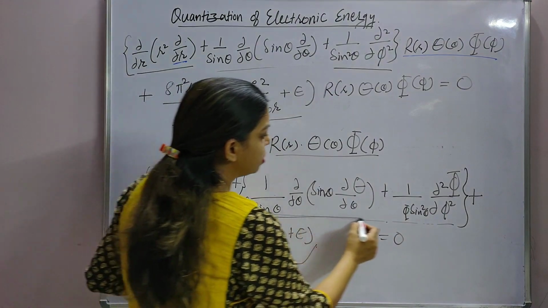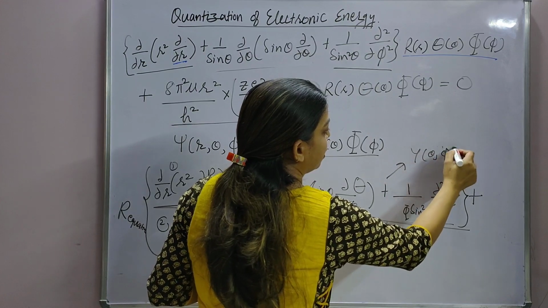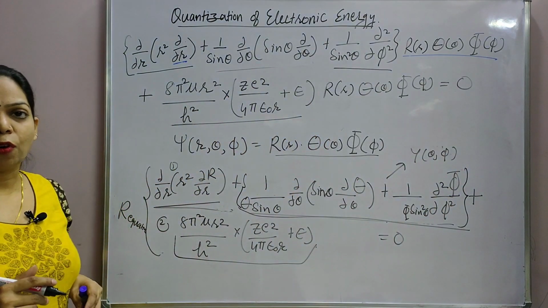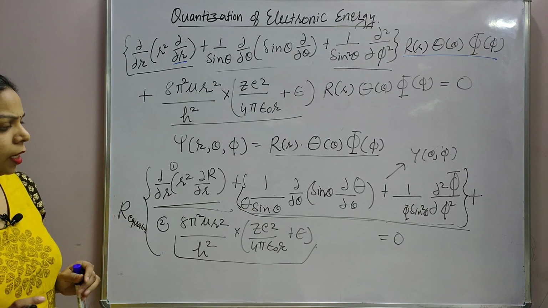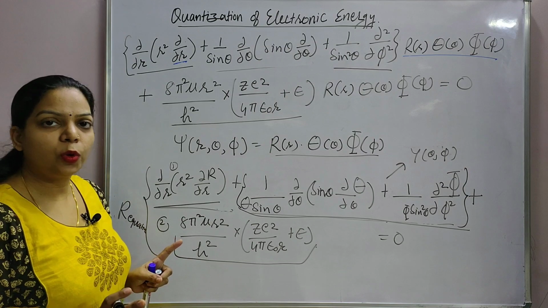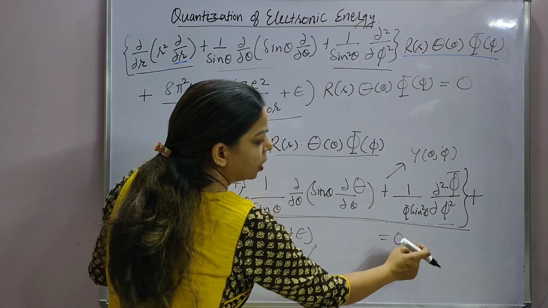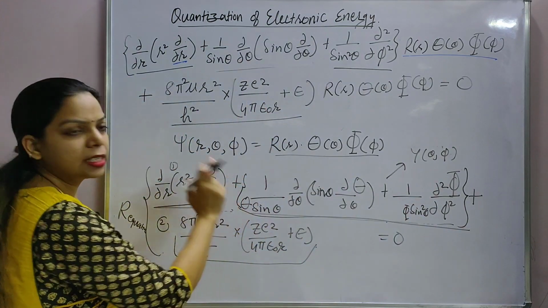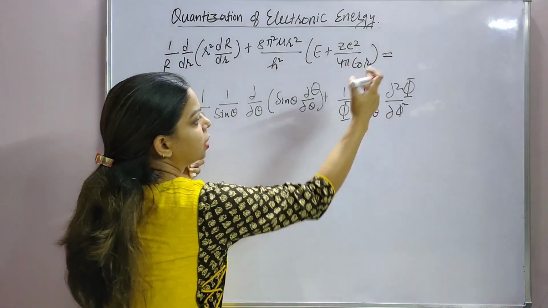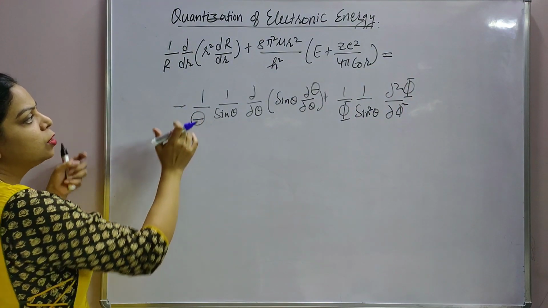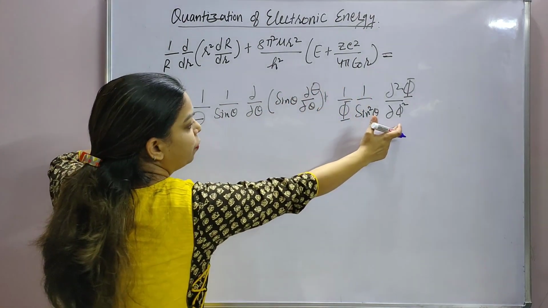And these two terms represent the equation for simple harmonics, in which theta and phi are involved. So let's write these equations clearly. The next step is, I will take this entire term of theta and phi to the other side. So there will be one minus sign. Let's do it more clearly. Having taken this theta and phi term to the other side, it has become negative. So we have two terms, one in terms of r and one in terms of theta and phi.